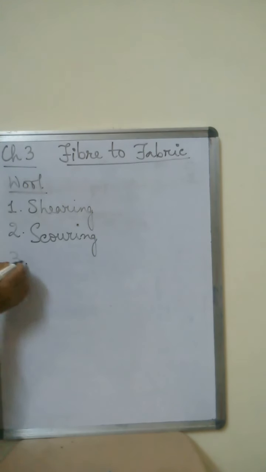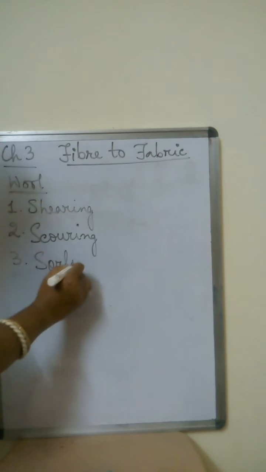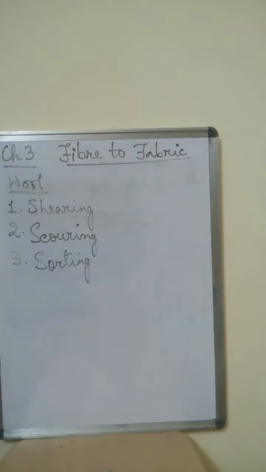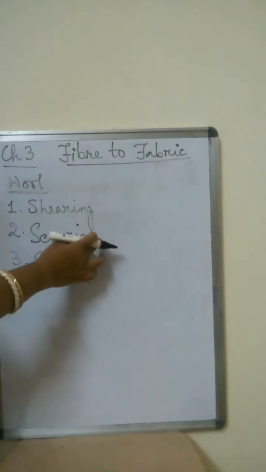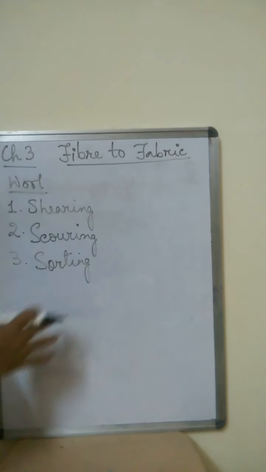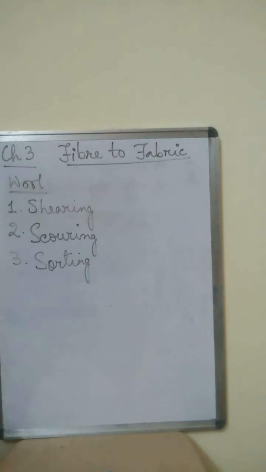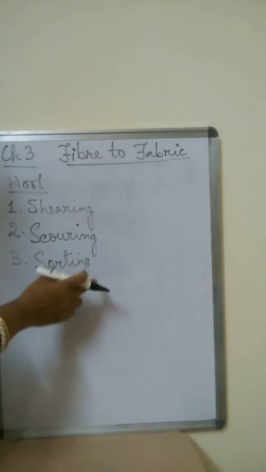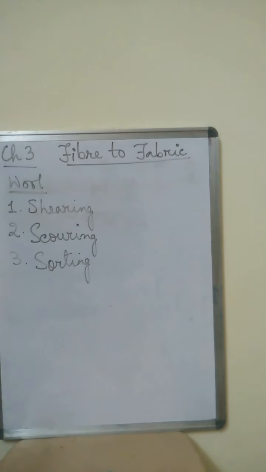So next step, after we wash it, we sort it. That is called sorting. Now what is this sorting? Here we have removed the skin, we have cleaned the skin and washed it. This washed skin is sent to the factory, right? And then what happens in the factory? The hair of different textures. Not all the hairs will be of the same texture. Some will be thin, some will be thick. So in the factory, they are sorted out.